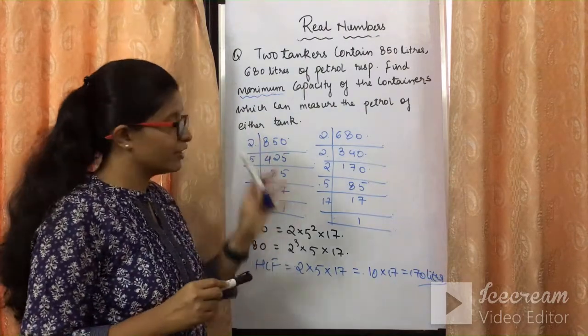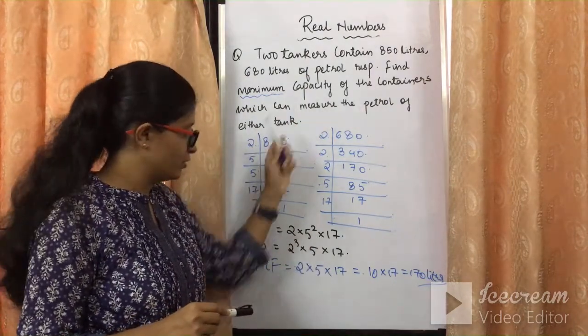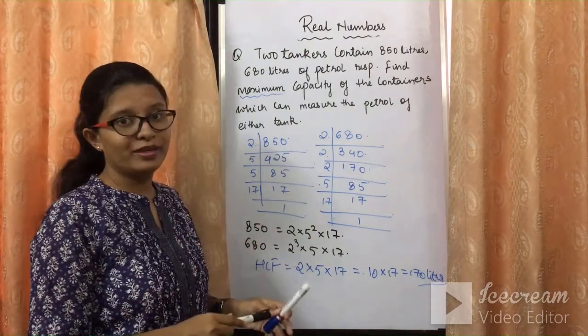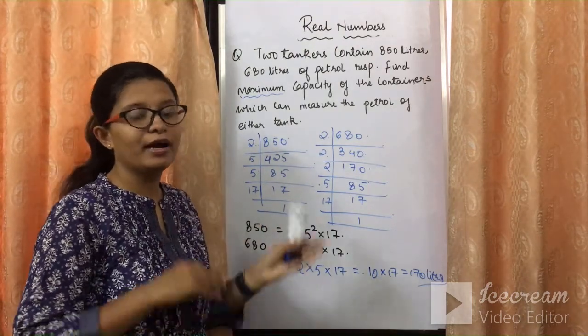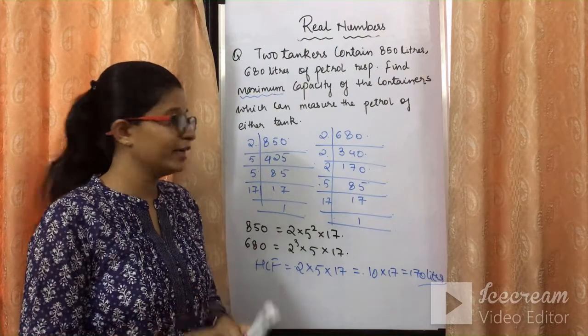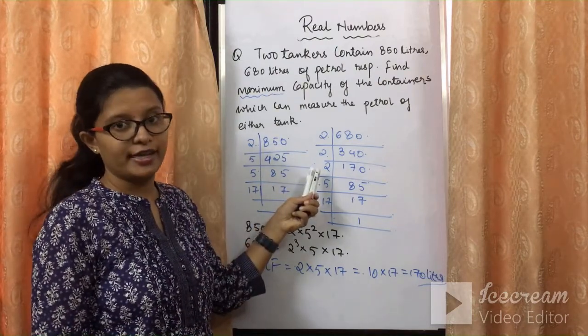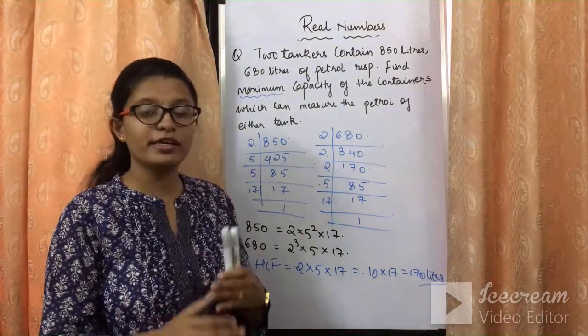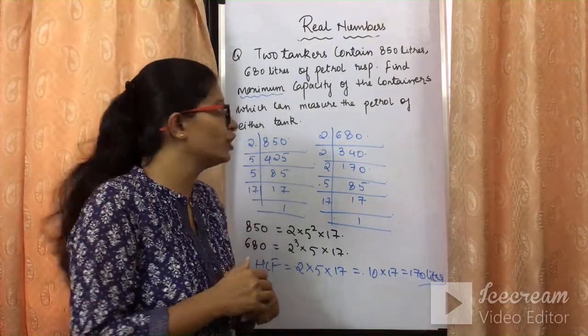So it was given in the question that we need to take out the maximum capacity, that's why we have taken out the HCF. I hope the question must be clear, and when to use the LCM part and when to use the HCF part must be clear. Only we need to do the factorization. Now we will see what the factorization theorem suggests, the statement of the theorem.